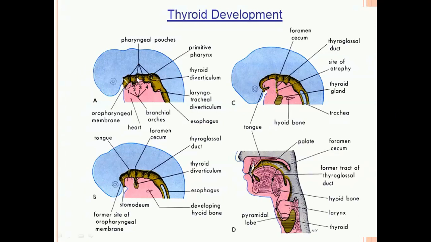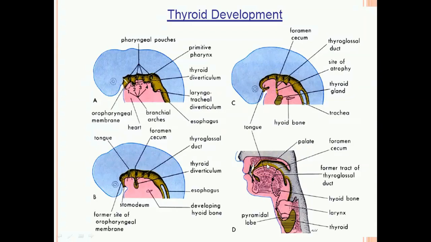This is a cross section in which the four pharyngeal arches are very clearly shown to you. Once the pharyngeal arches are completely developed, you tend to see the development of the foramen cecum. This is the period where the oral cavity development has also started, the stomodeal development. Later you also find that the thyroglossal duct has developed, and from there it develops into a long organ, and once it descends down from the foramen cecal area in the tongue, it descends over the neck and comes to lie below the hyoid bone.